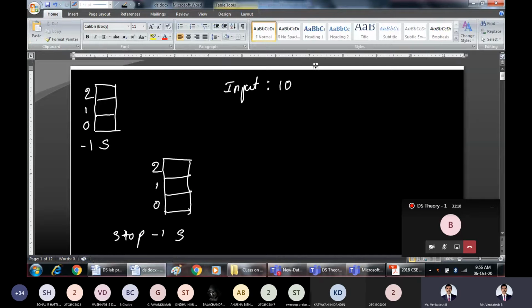So what is the element in our case? The element to be inserted is this one. So 10 is the element which we want to insert. So basically what function are we calling? We are calling something like this: push, insert an element. Which element? 10. Onto which stack? This is the name of the stack. And what is the stack top? You are passing stack top, or in other words, we are passing -1, because stack top is pointing to -1 in the beginning. So this is how we call this function.